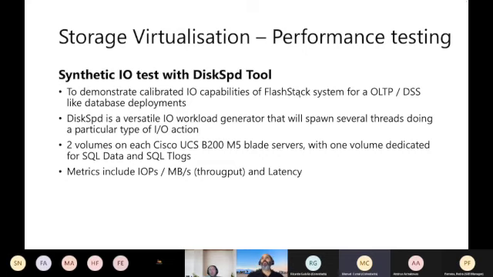When we chose to implement Pure Storage, we did a performance testing campaign. We used both synthetic IOs with the DiskSpd tool and a synthetic workload with HammerDB. For the first one, I think all of you know what the DiskSpd tool is. The goal of this tool was just for us to calibrate the IO capability of the flash, but it does not really represent our workload. But it is also always interesting to know, in terms of benchmark,